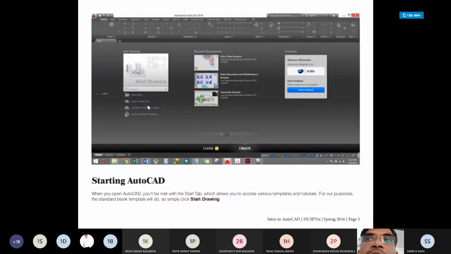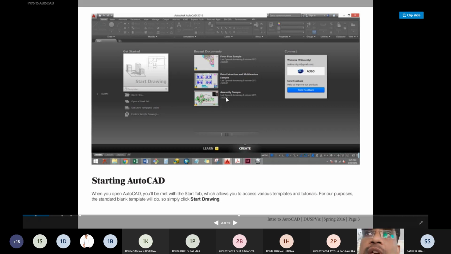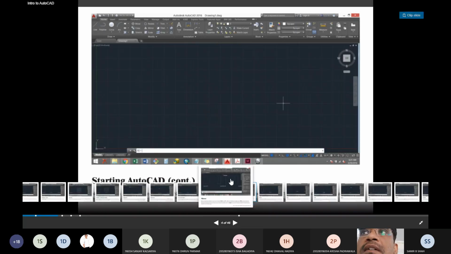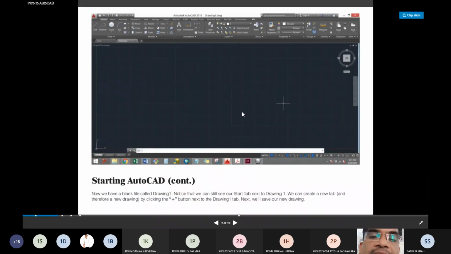Whenever we open AutoCAD, we will meet the Start tab, which allows us to access various templates and tutorials. From our beginning point of view, this is the basic blank template provided for you, which may look like this.